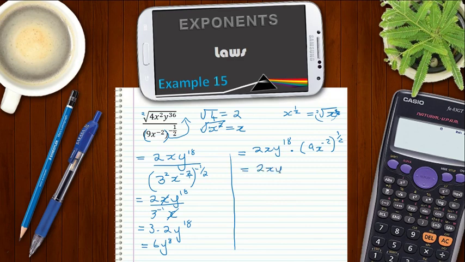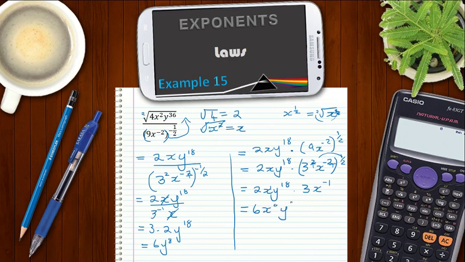If we have 2xy to the power of 18 times, now this is 3 squared, if we just write it in its prime factor form, x to the power of minus 2, to the power of a half. So for the next step, we've got this exponent going in, so 2 over 1 times 1 over 2. The 2's will cancel, so we're just left with 3. And then multiply these two out, 2 over 1, the 2's cancel, I'm just left with minus 1. Now 2 times 3 gives me 6. Now x to the power of 1, adding minus 1, that gives me 1 minus 1, that gives me 0,